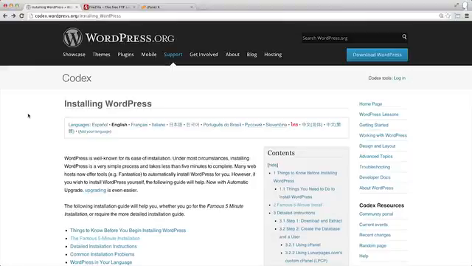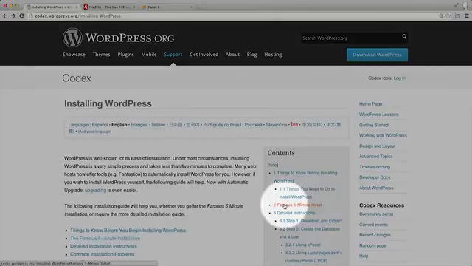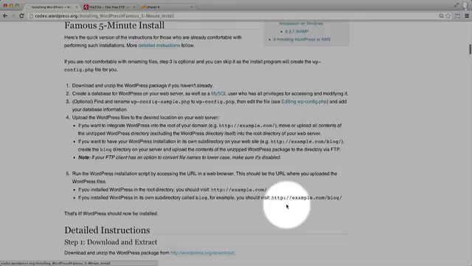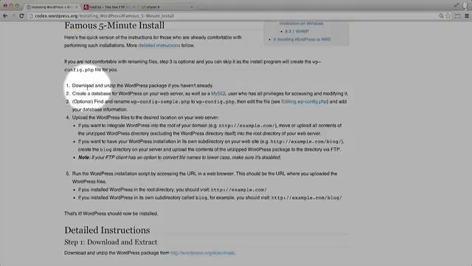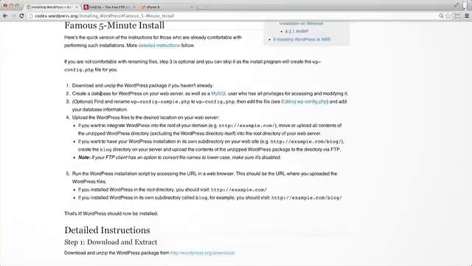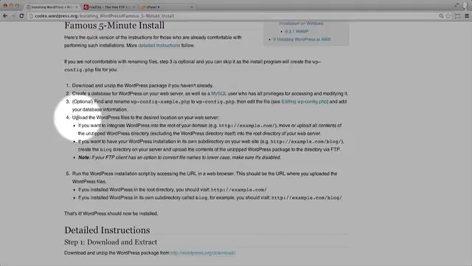WordPress has something it calls the famous 5-minute install. This is the step-by-step manual process for installing WordPress on a server. If we come to the WordPress.org codex, we can see that on their installation page, they have a section that explains the process for this installation. It includes downloading WordPress, creating a database, making some configurations, uploading all of our content, and then running the WordPress